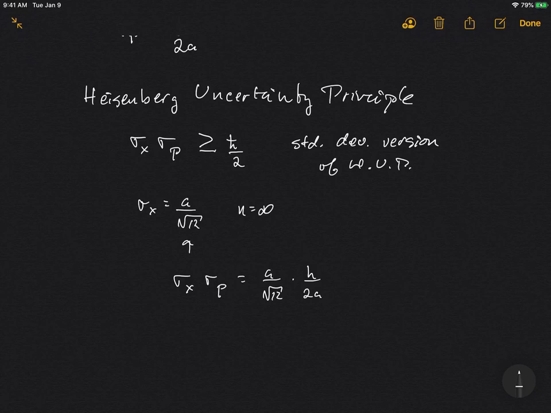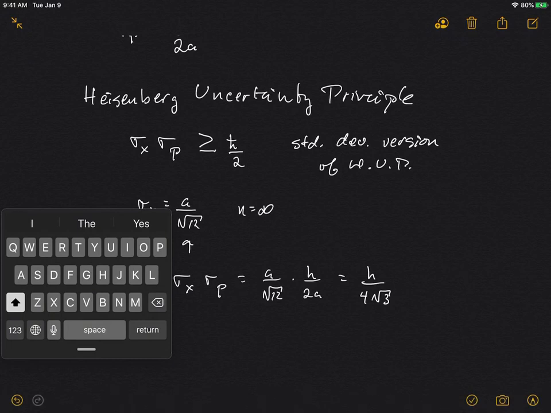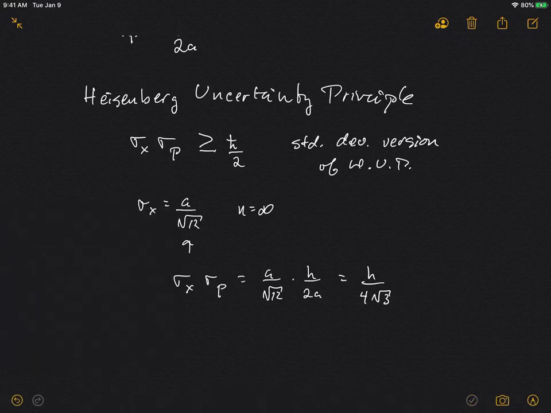We can plug it into a calculator and see that after we simplify this, we get h over, let's see, square root of 2, that is square root of 4 times square root of 3, so we have h over 4 roots of 3. And again, we've simplified a little bit, but we're comparing that to h bar over 2, where h bar is h over 2 pi. But we can plug the numbers in, and we see that in the one case, the 4 pi is about 12.9 or something like that, whereas 4 roots of 3, or sorry,